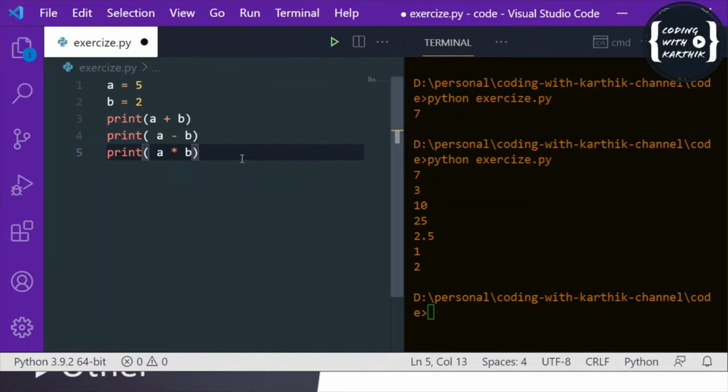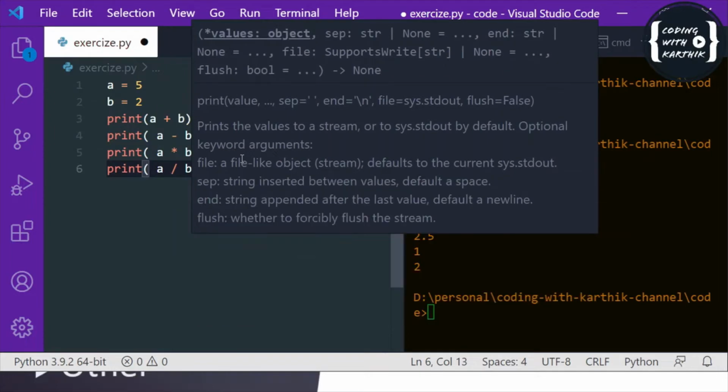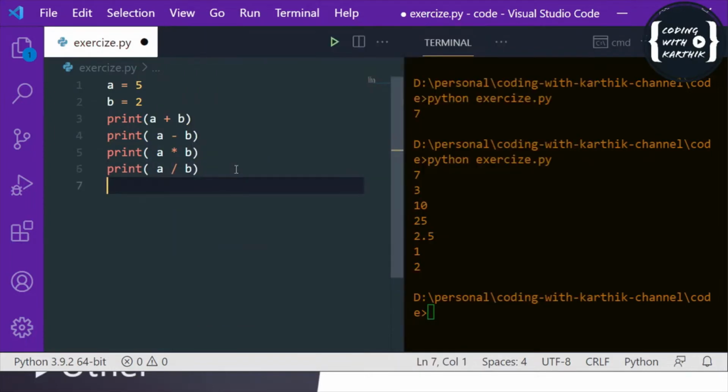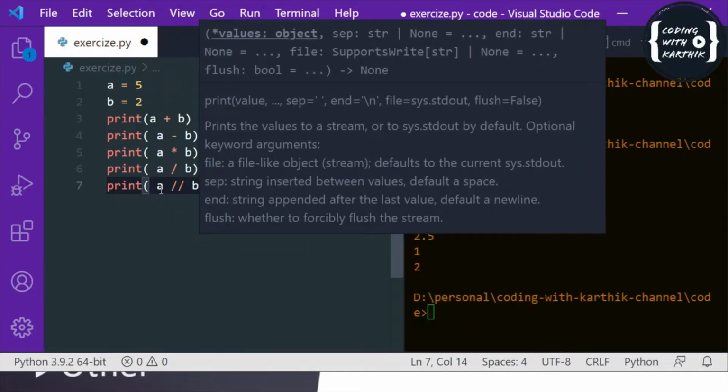And for division you can use a slash b, and for floor division you can use a double slash b.